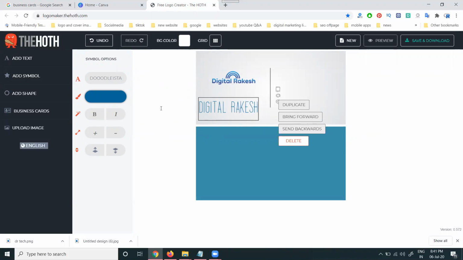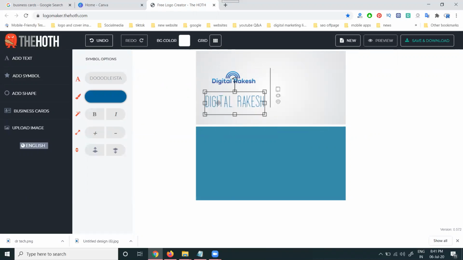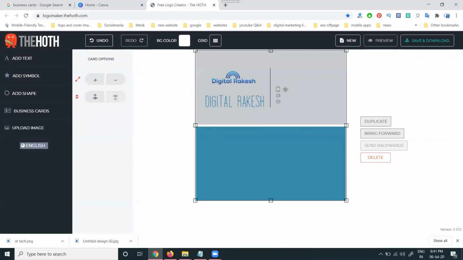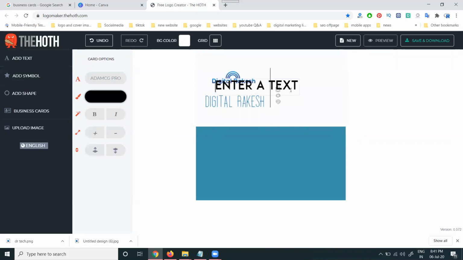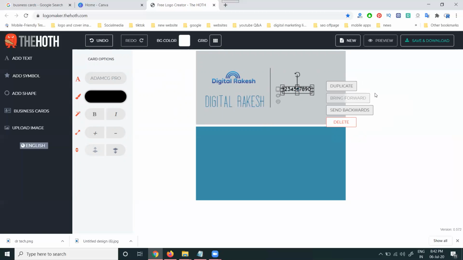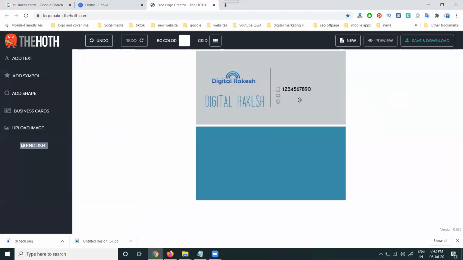So we can use that option here. Here, what are the phone numbers? You can add your particular phone number. So the phone number we can add here. Just go to the small option. You can use the small here. No worry about that. With patience and a cool mind you can design your particular things. Next, the email ID.